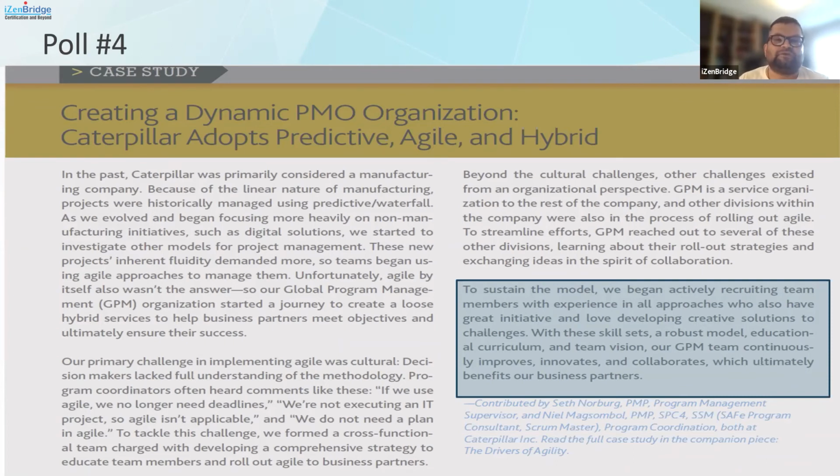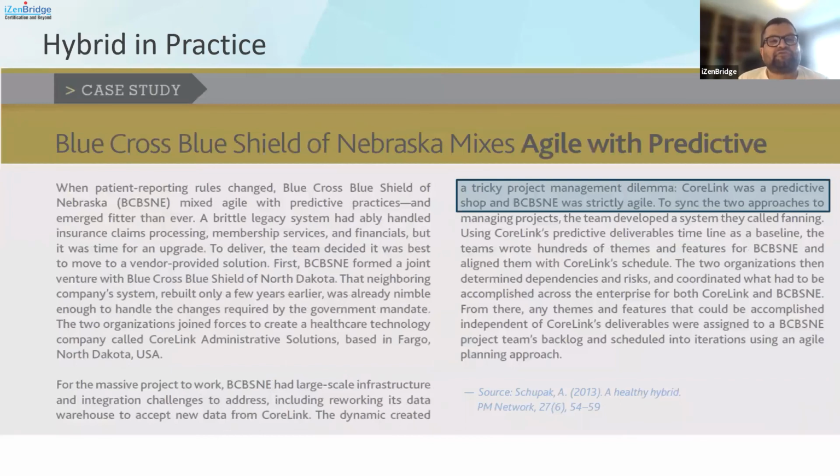So again, you will get the slides and you can look into the details of it. But I just wanted to give a flavor of where you have challenges, where agile doesn't fit. You also have perceptions around agile, and it also means that more and more organizations are looking for competence across different methodologies. And then another case study here, where there was sort of not really a merger of two organizations,